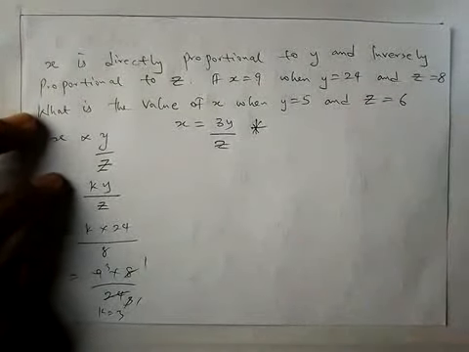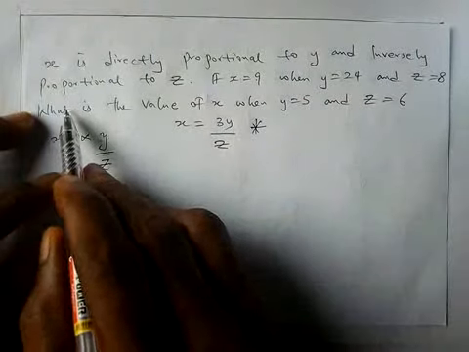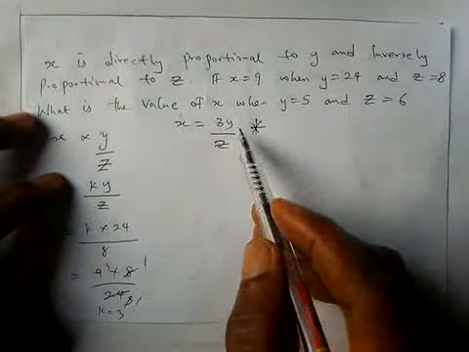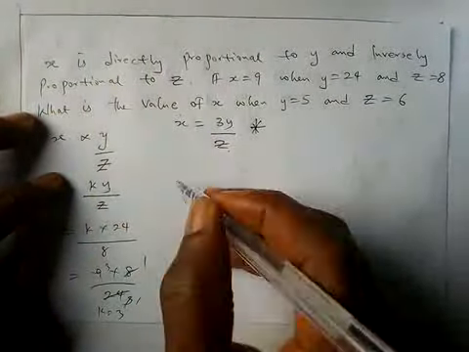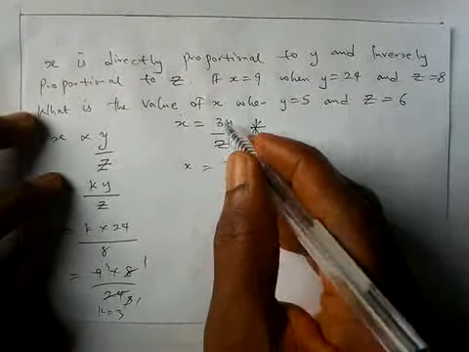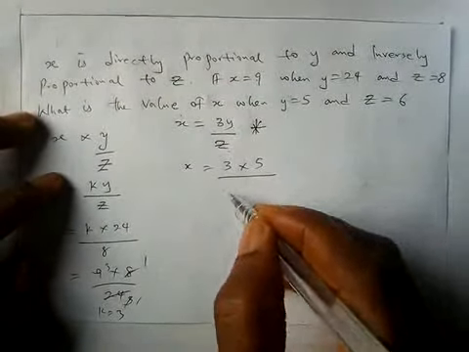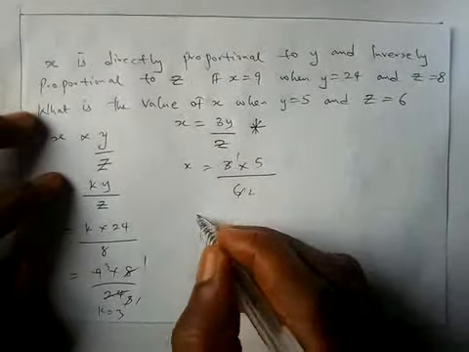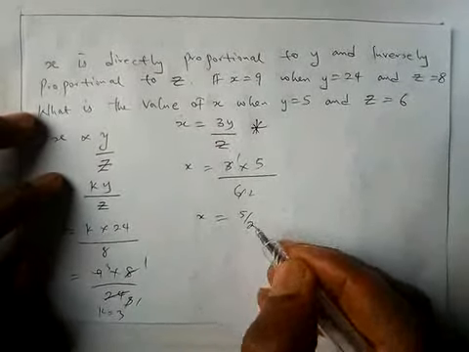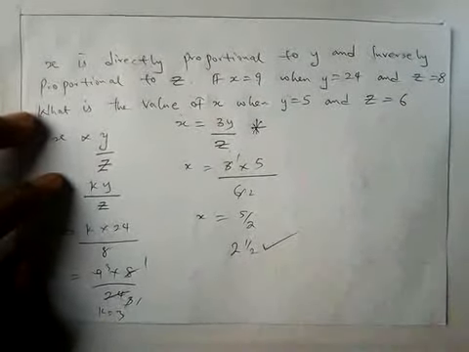Okay, since I now have the relationship, I can look for S. The question says what is S? I'm looking for S when y is 5 and z is 6. So S is equal to 3 times y is 5 and z is 6. This is 2, so S equals 5 over 2, which is 2 whole number 1 over 2. Okay,